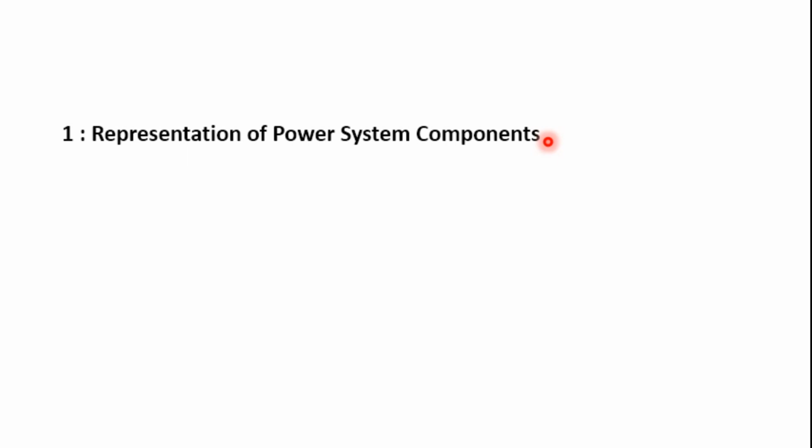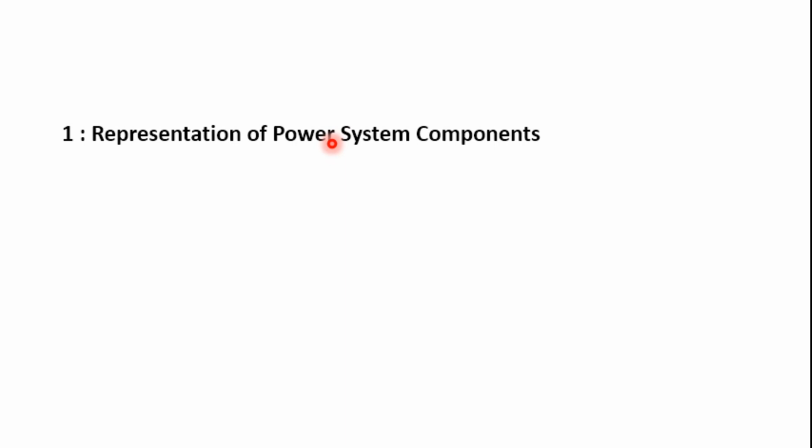Based on this, we are going to make it simple by representing the power system components. For the generating station, we have salient pole and non-salient pole types of machine, and we consider the equivalent diagram for each. After that we have the transformer; we studied different types of transformers in previous subjects, and we are going to consider the equivalent representation in this chapter.